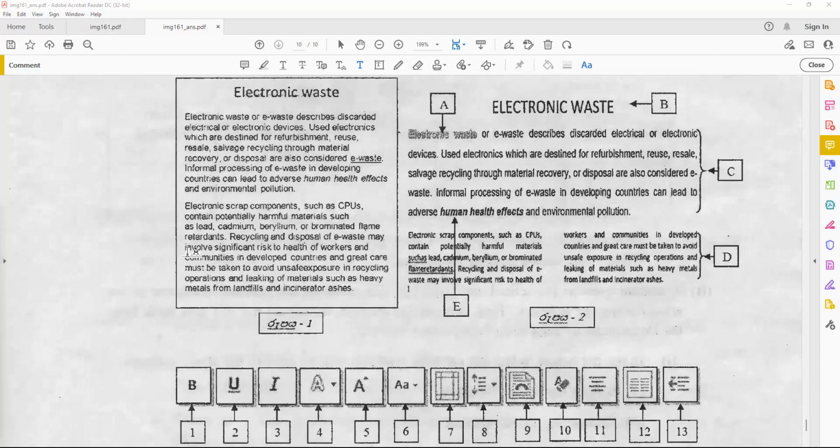Okay, so let's start. Yes, A. What is A? Yes, we have to have B, C, D, E. That's all right. These are the only things that we have to do. So A is like, what is A? What is the name?